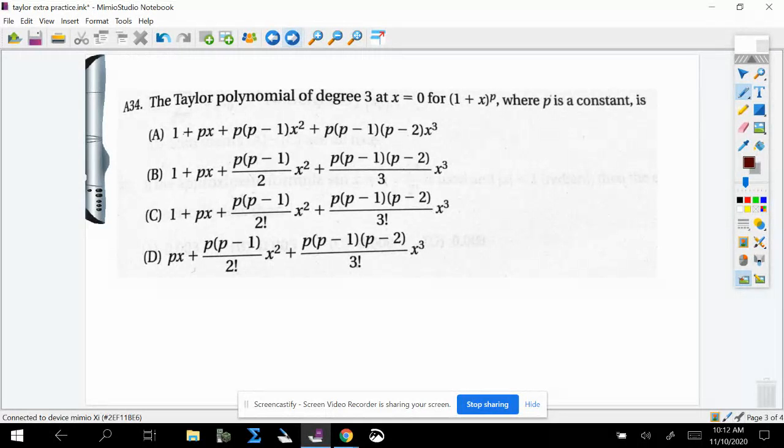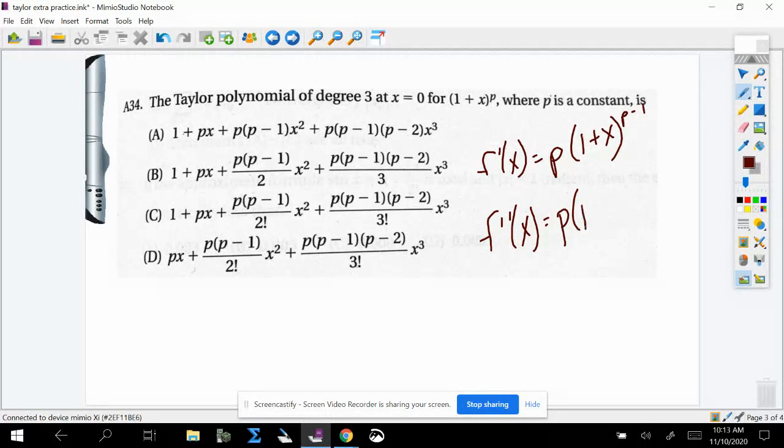So this one says that we have a Taylor polynomial of degree 3. We are centered at 0 again. And they're writing the function as (1 plus x) to the p, where p is just some constant power. So when I derive, the first time I derive, I'm going to get the power out front, and the power 1 less, which is going to be p minus 1. Then when I derive again,